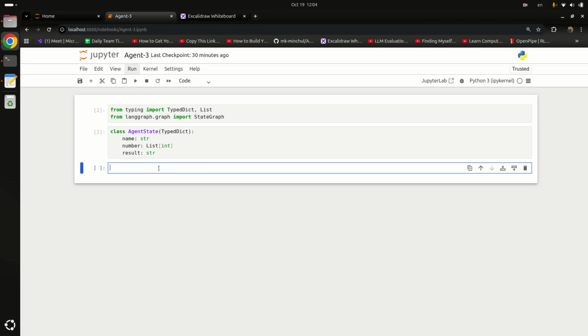And after that we will build the node. So our node name may be calculate or calculation, and we'll pass the state here. We know that our state is agent state, and it also outputs the agent state.